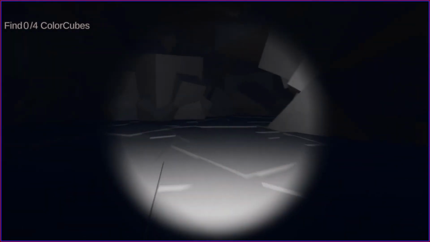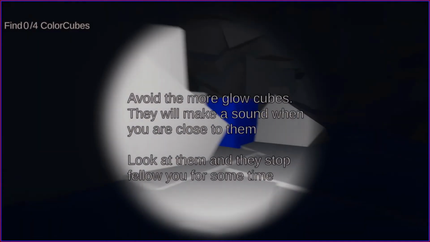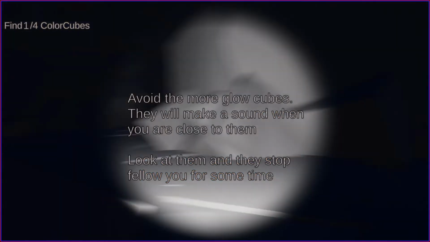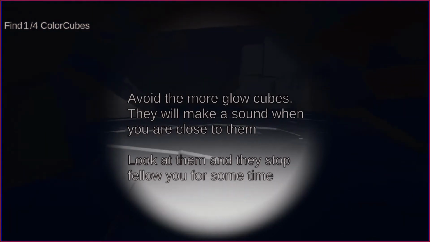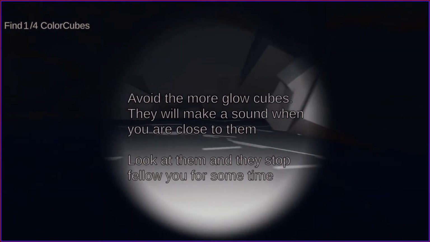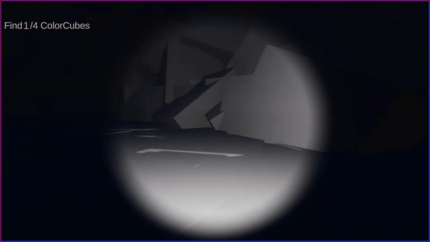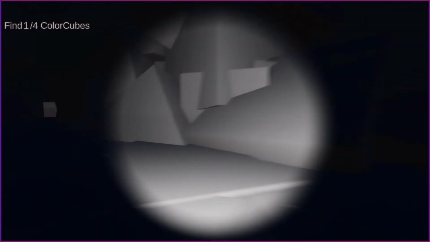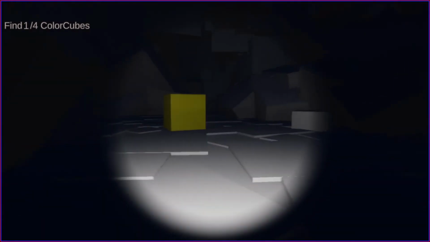We found the blue. That looks like an evil cube. We found the yellow one.